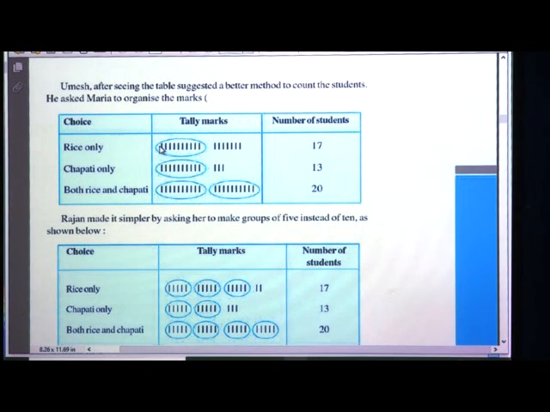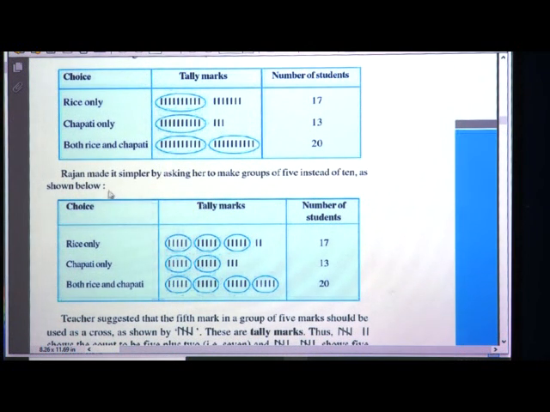So, it was a little difficult method. So, he has suggested a way. Who? Umesh. He has circled 10 lines. So, 10 and then 7, 17, 10, 3, 13 and 2, 10, 10. So, we get 20. By seeing this, Rajan made it simpler by asking her to make groups of 5